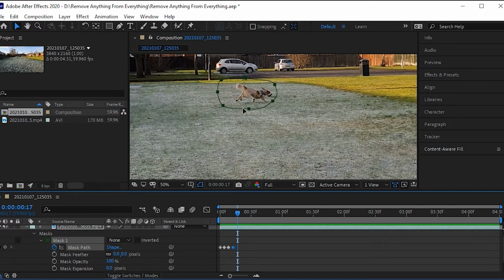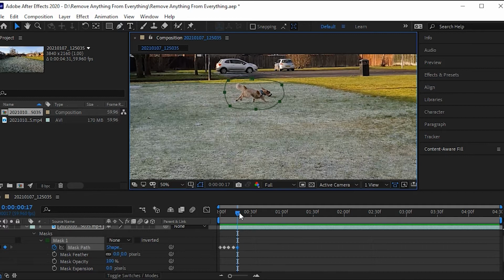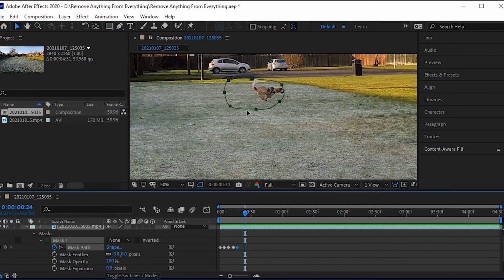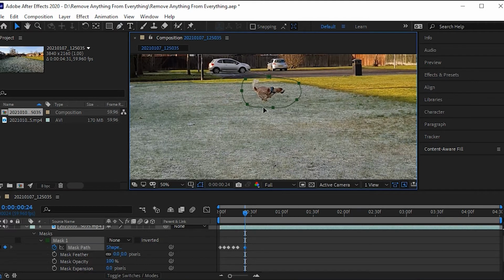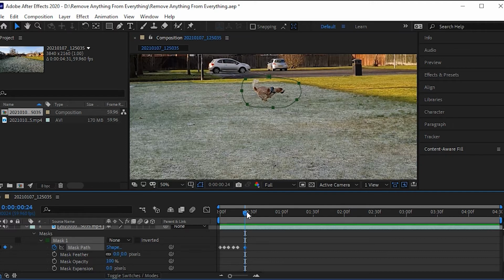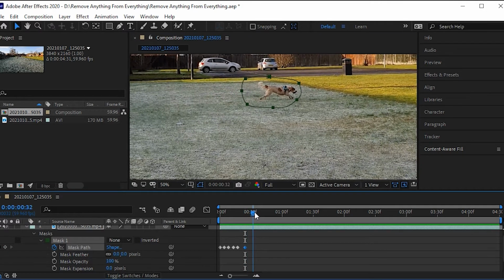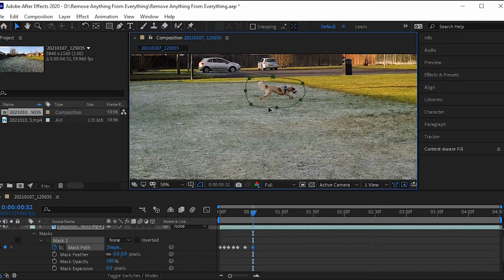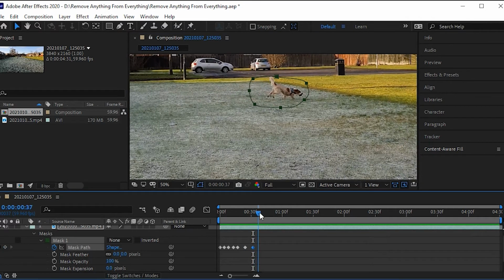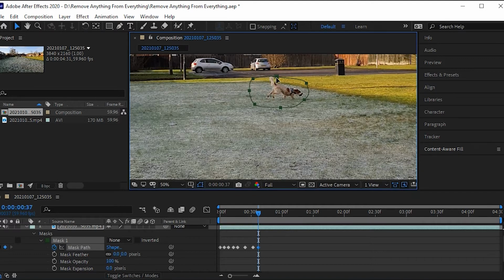You can do it in big steps, you can do it in little steps. I'm doing it in sort of medium-sized steps. I'm not trying to be particularly careful. I know that she's okay until we get to about there, and I'm going to move it forward a little bit and just keep watching. Now I can see she's going to come out of there a little bit, so I'm going to select that one there and move it up a little bit.